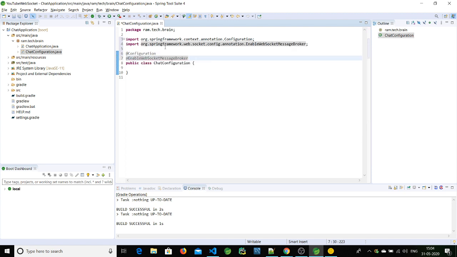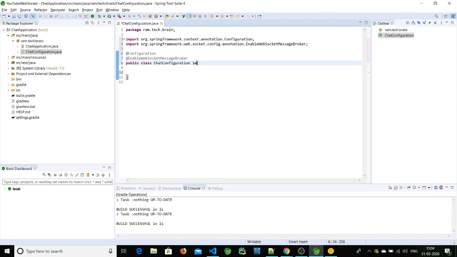So this we need to enable, and along with that, we'll implement one interface, that is WebSocketMessageBrokerConfigurer, and it has some methods that will be used for registering our endpoint, the origins, the topics, and other stuff.